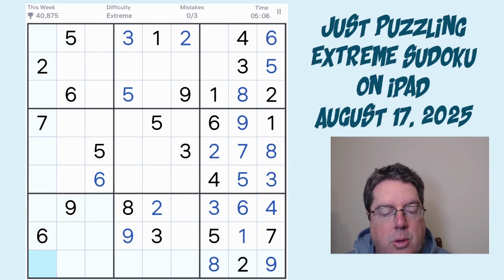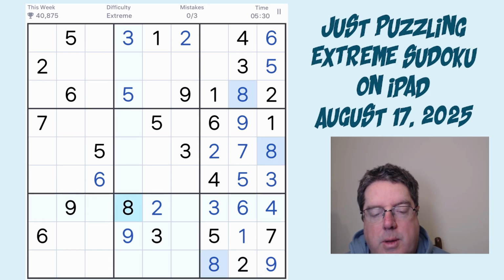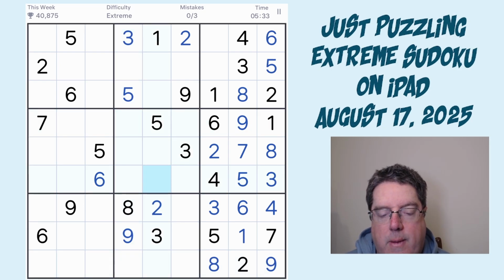2 comes across here, 2 comes across here, so 2's one of those, so that's okay. 2's going to be one of those 3. So 9, 2, 3, so they're all done. So 2, 8, 9, so they're all done. So 6, 9, 9's there, 5, 3, 1, 2, 3,